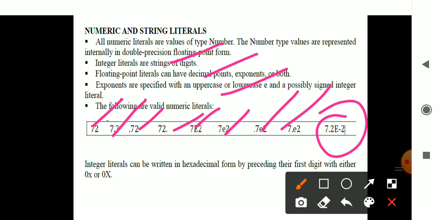It covers integer, with different representations, floating, with different representations, and exponential, with different representations. All these are wrapped in a single concept, the numeric type. Integer literals may also be represented in hexadecimal format, which may have alphabets and digits.